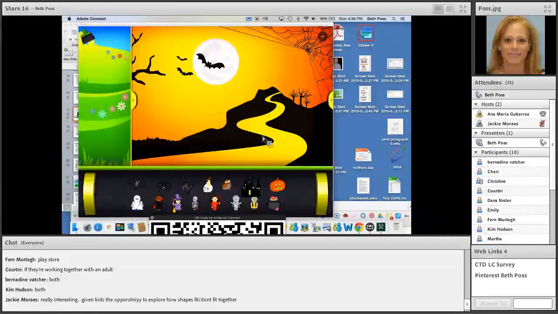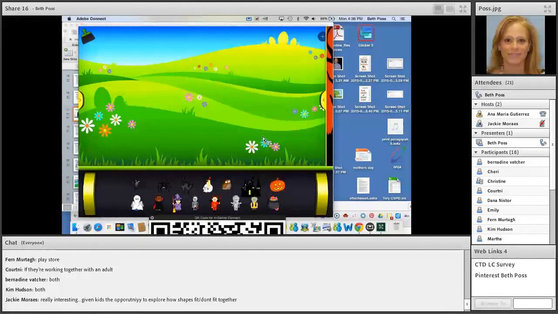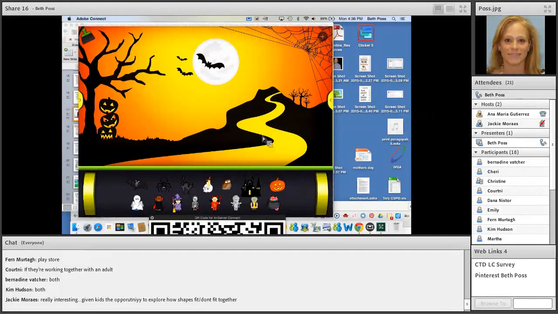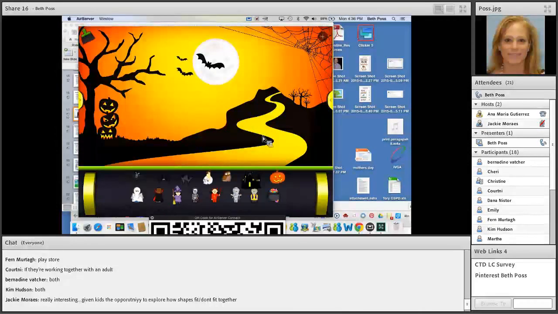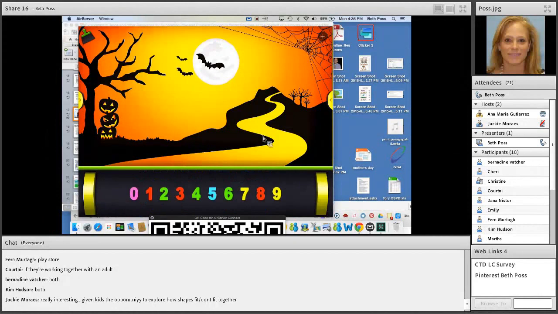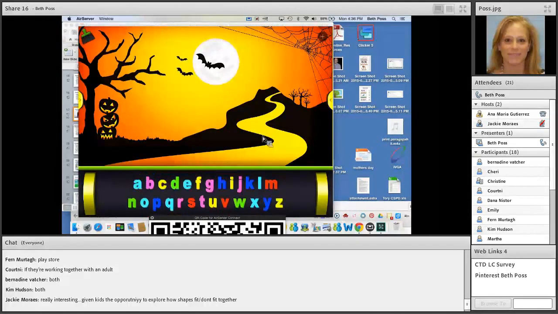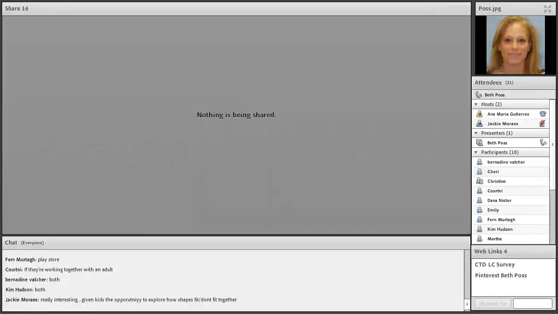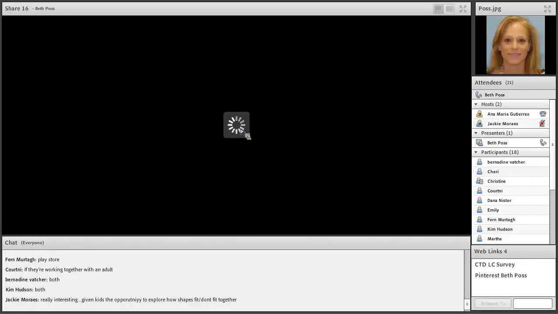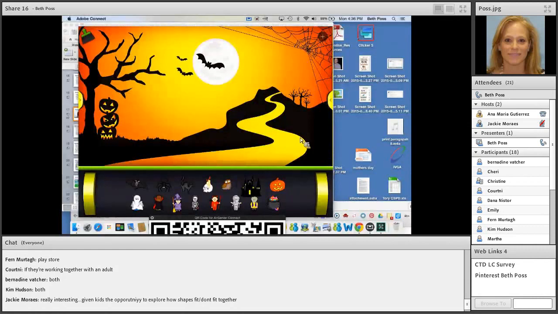It's called Magnetic ABC, and we're going to look at it not so much from an ABC standpoint, but from that math standpoint. It comes with different scenes that you can choose. Since it was Halloween the other day, I had that nice spooky Halloween up, and it has different magnetic letters, so to speak, that are here, but it comes with a number of different,